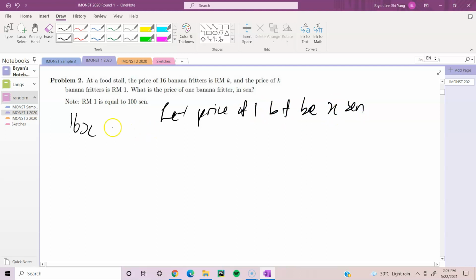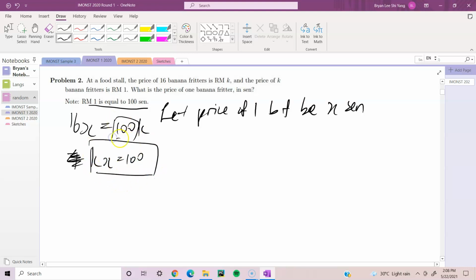So 16x is Rm k, and Rm1 is equal to 100 cents, so we have 100k, and then for k banana fritters, kx equals 100. Something like this. So we see here we have 100 here, and another 100 here. So we will have 16x equals kx times k, which is